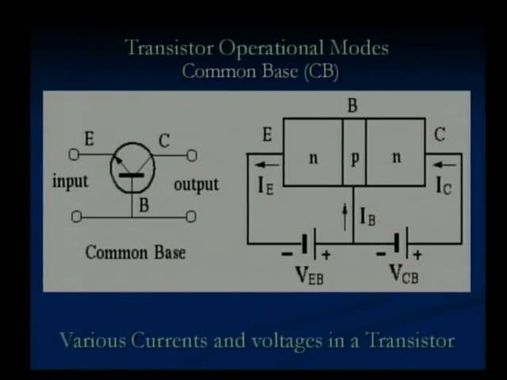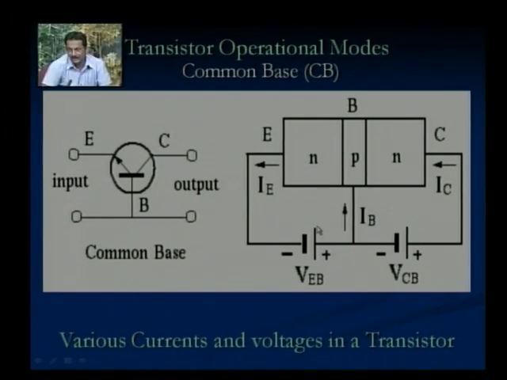If you look at the construction of an NPN transistor, how it looks, we can see that here. You can see the currents also: the direction of the emitter current, the direction of the collector current, and the base current. You are also seeing these two batteries VEB and VCB. Now what are these batteries? Why do we connect them? We know that the transistor cannot perform operation without any energy. So we supply DC energy to it, and normally we refer to it as DC biasing of the transistors. So these two batteries, VEB and VCB, bias the transistor, and they are called the biasing components of the circuit.